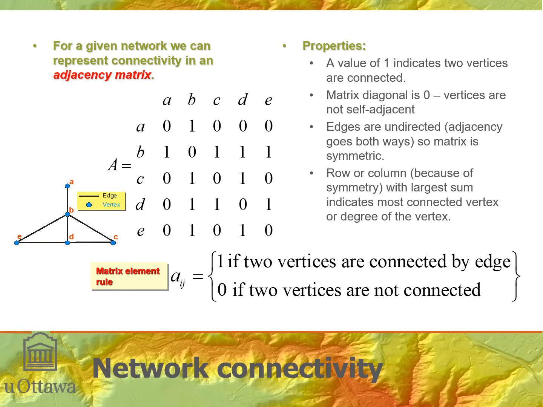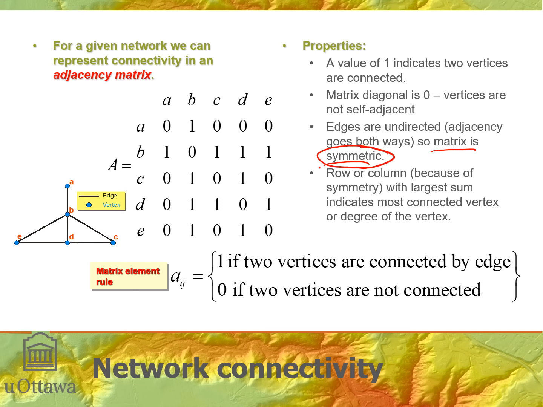So the properties then of that matrix are, we know that 1 means that two vertices are connected, 0 means they're not. The edges are undirected, and that's why the matrix is symmetric. It would not be symmetric in a directed graph, if it came from a directed graph. So it's not always the case that that matrix is symmetric. It has to have certain conditions for it to be symmetric, like we saw here. The other interesting thing is that if it is a symmetric matrix,